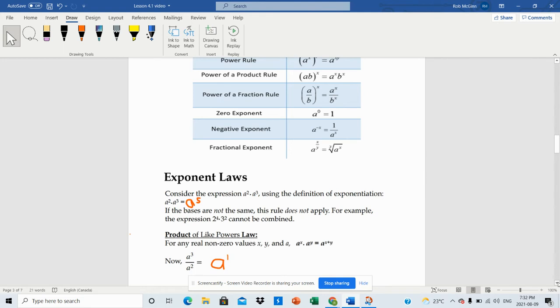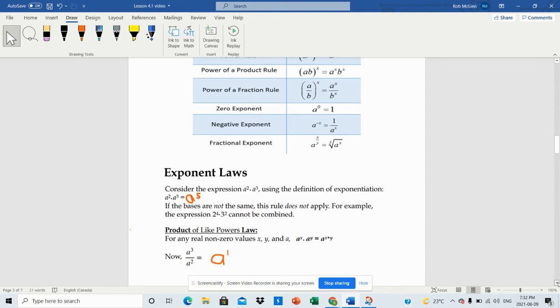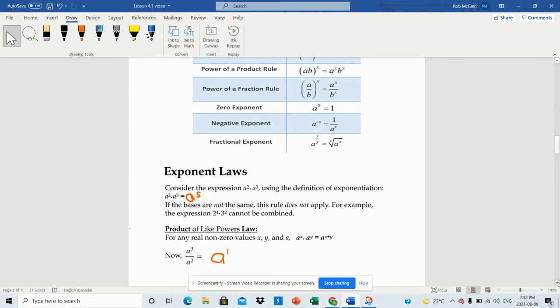Another one we can look at is the quotient rule. That's when we're dividing exponents with the same base. So here we have a cubed divided by a squared. What the quotient rule tells us is the exact opposite of the product rule. We're going to subtract our exponents. So we'll take the exponent in our numerator, subtract the exponent in our denominator,